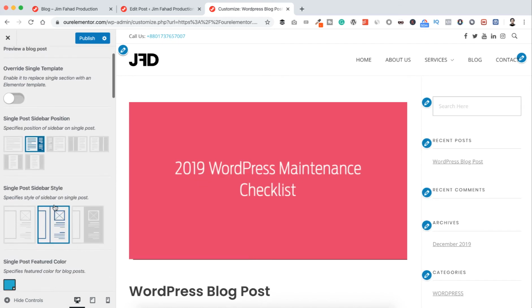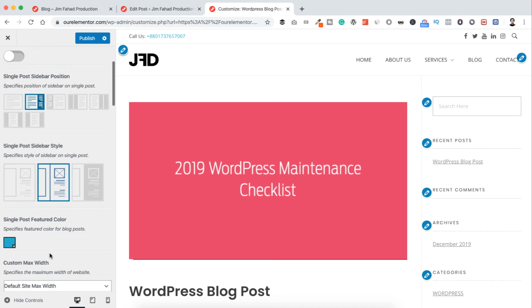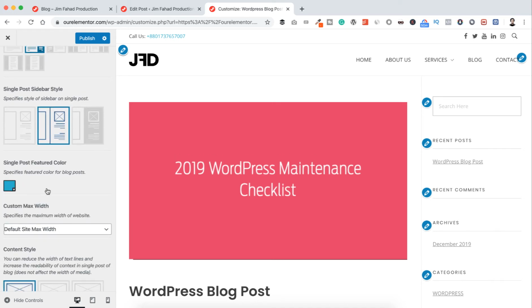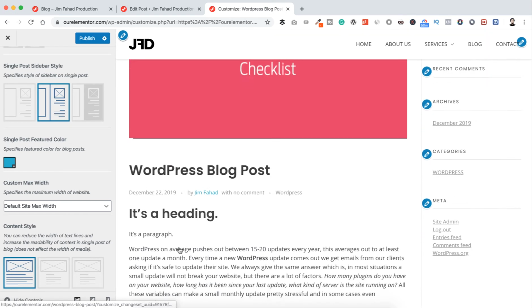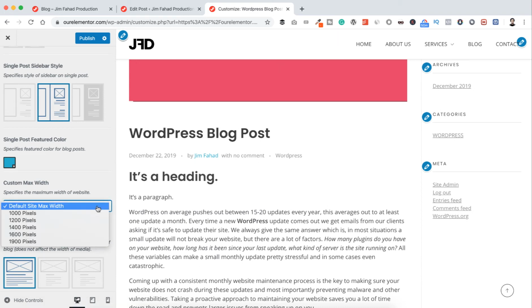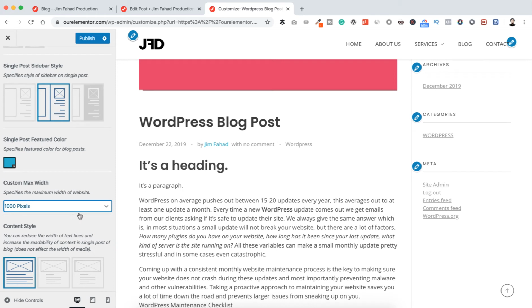And here's the option. If you want this border, you can keep this. If you don't want this border, you can select this one. I want the border. You can change the single post color from here, and you can change the width of your blog post from here. Like if you want to reduce the blog post width of this whole, you can do it from here. Like if you set it to 1000 pixels, it will be narrower, but I want it on default